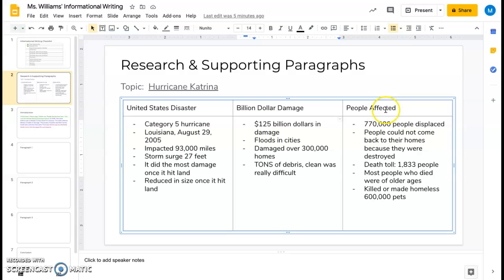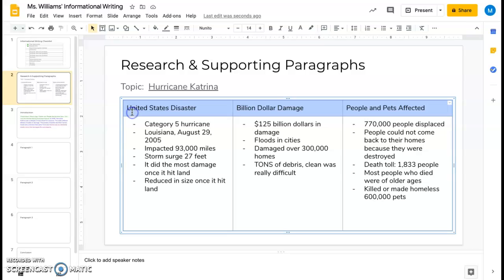And so I called this section People Affected. And if I wanted to, I could write People and Pets Affected if I wanted to hook my reader a little bit more. So as you can see, I have my information separated into 3 headings